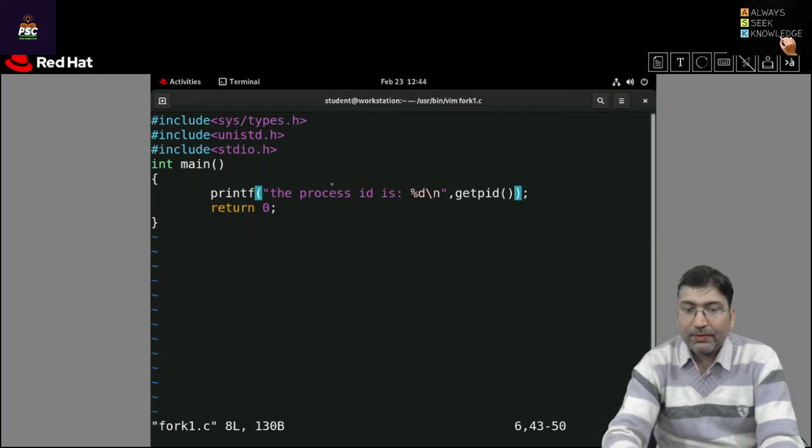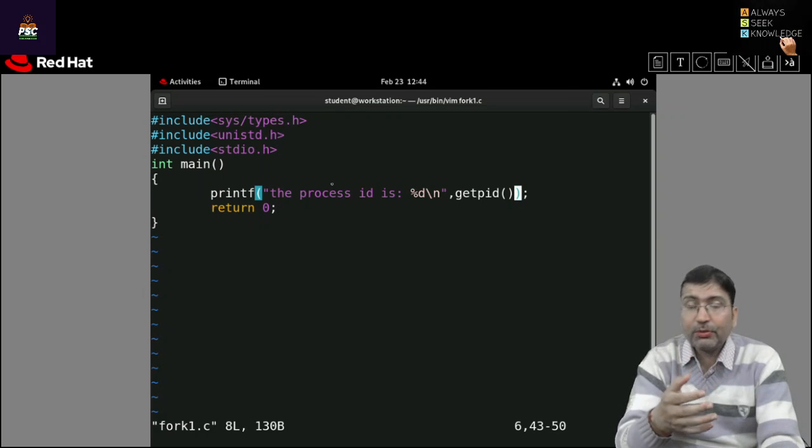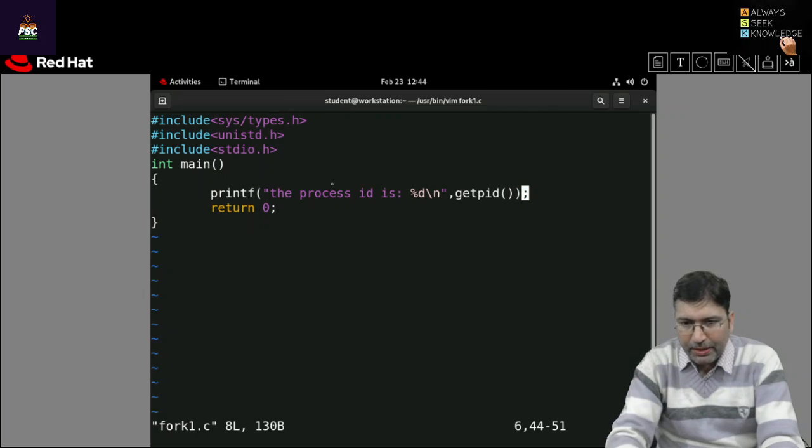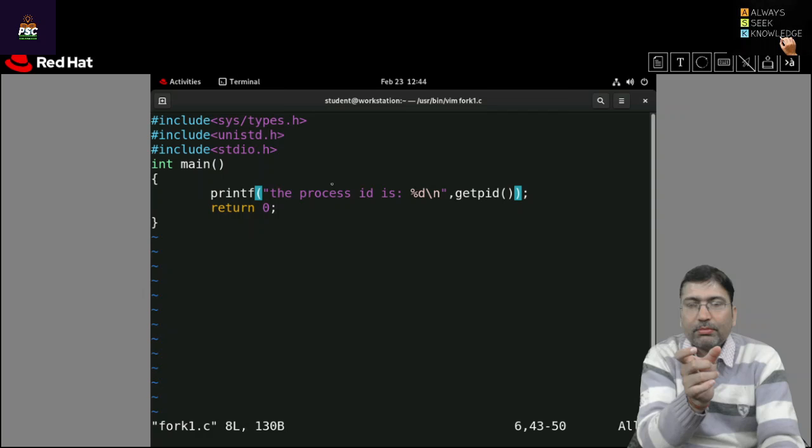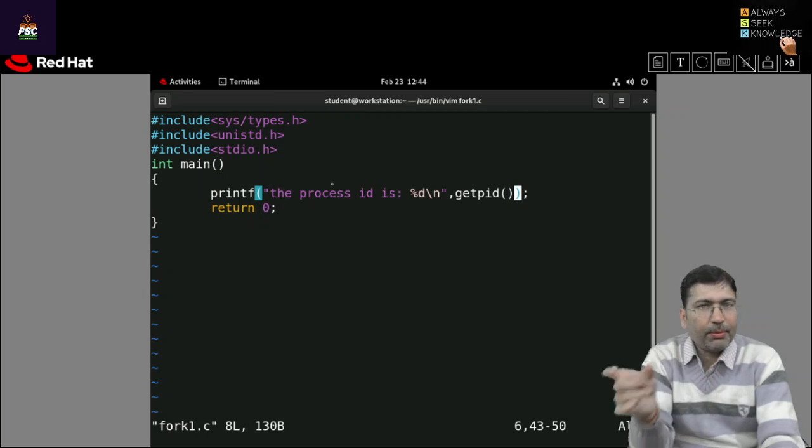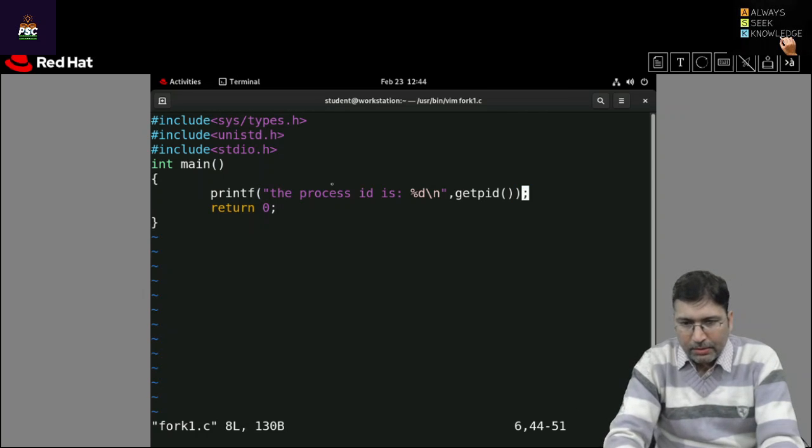Okay. Now if I make some modifications, let's say I want to print the parent process ID of this program. So this program is being called by bash. So for this particular process which I am initiating, the parent will be bash. Okay. So if you want, you can print two things by calling getpid and getppid. Okay. But in case